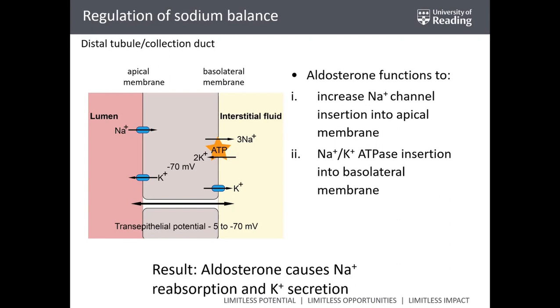Now, this will generate a transepithelial potential. This transepithelial potential can vary between -5 and -70 millivolts. And of course, the more sodium will move into the interstitial fluid, the more negative will be this potential, if we put our reference electrode into the lumen, because positive charges will leave the